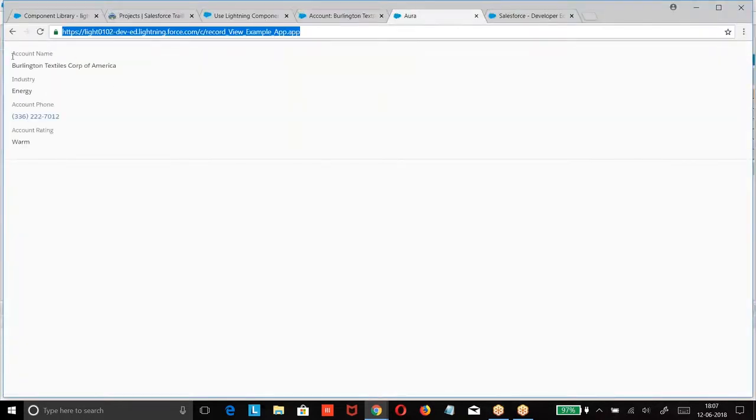So this is how we got the data. Account name and industry, phone number, right boss? Now what we are doing? This is a view form. I can also generate this form in the form of edit. I can also give it in the form of edit.